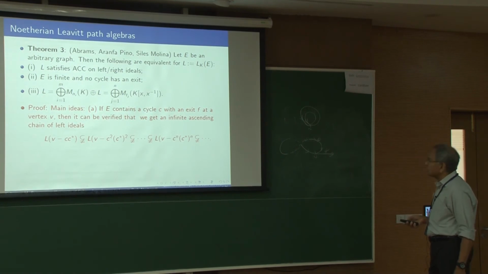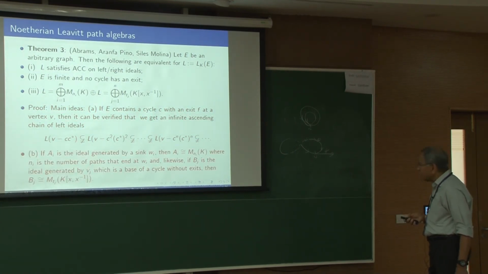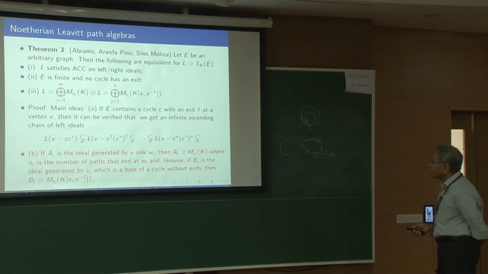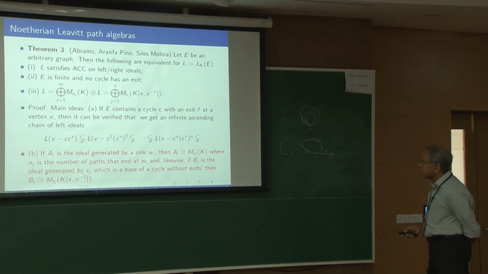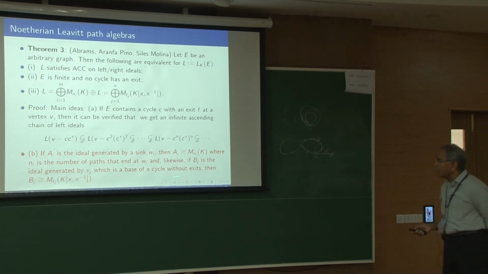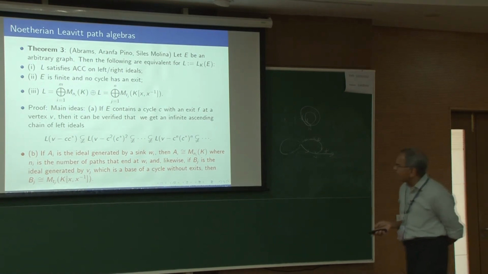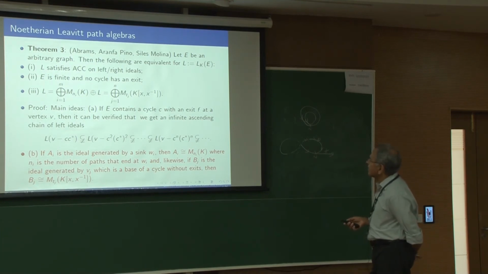noted, you could show that the ring, so if you look at all the cycles without exits and all the sinks, we know if we call that ideal generated by the sinks, for each I it becomes a matrix ring, and likewise for each J, if I have a cycle without exit based at Bj, the ideal generated by that vertex will be isomorphic to a matrix ring over a Laurent polynomial ring here. So is it right? I mean that L is a direct sum of Mi Nik plus L, or I'm just sorry, yeah,